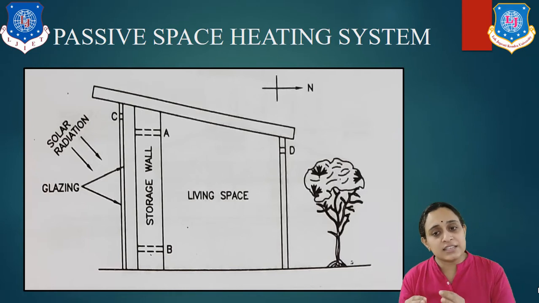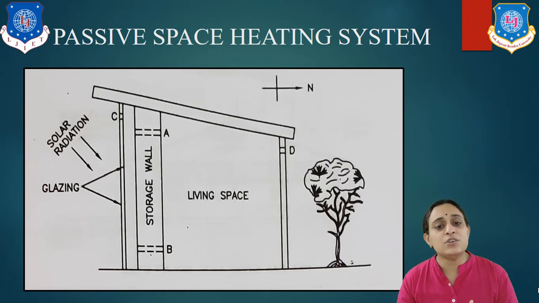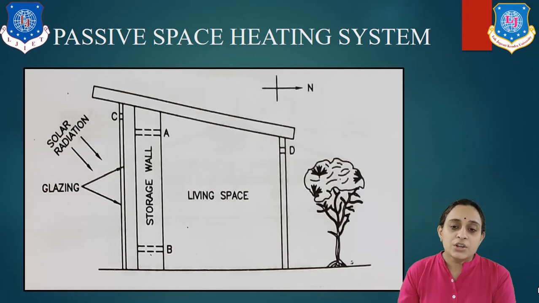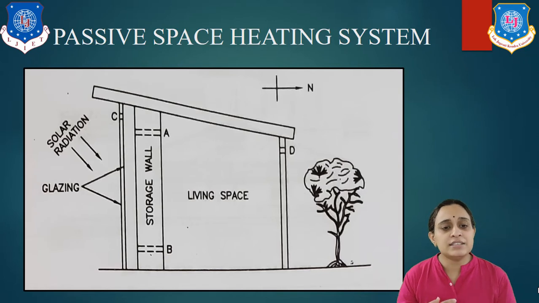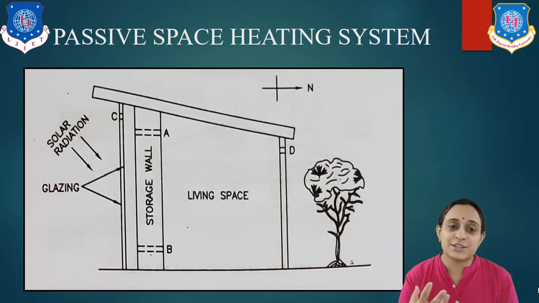The vent C is kept on the outer wall. There is another vent D on the opposite wall also. During the summer season, vents B, C and D are kept open and vent A is closed. The cold air, being heavier, will enter the room through C and B, and hot air from the room will go out through D. In this way we can get cold air circulation.